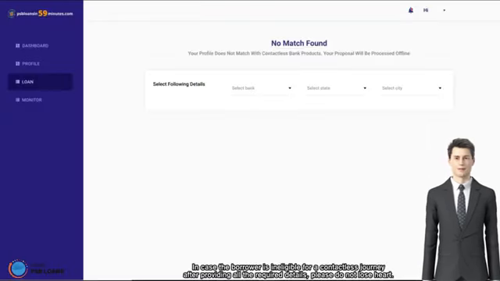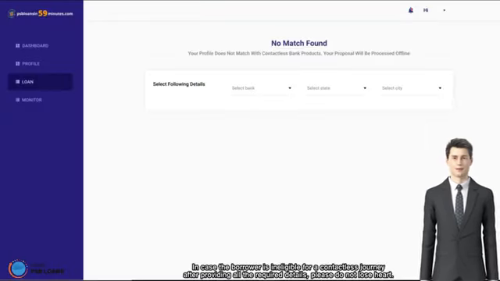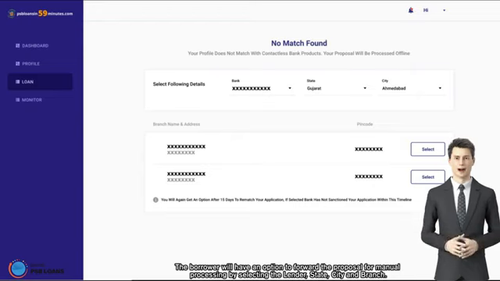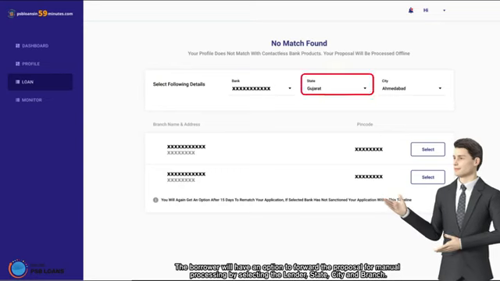In case the borrower is ineligible for a contactless journey after providing all the required details, please do not lose heart. The borrower will have an option to forward the proposal for manual processing by selecting the lender, state, city